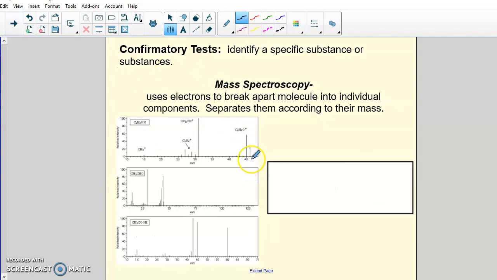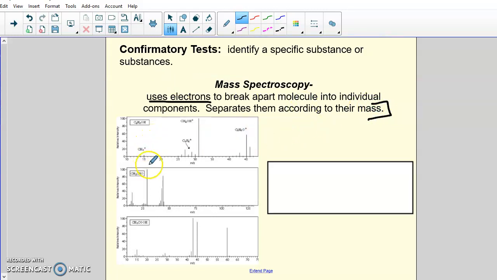The second confirmatory test that you can run is mass spectroscopy using a mass spectrometer. This one uses electrons. So you take your substance, whatever unknown drug you have, you put it in a mass spec machine, and it basically fires electrons at the drug, and it breaks it apart into its individual components. Usually drugs are several molecules all put together. They're large molecules, and it breaks them into their original components, and then it separates them according to their masses,